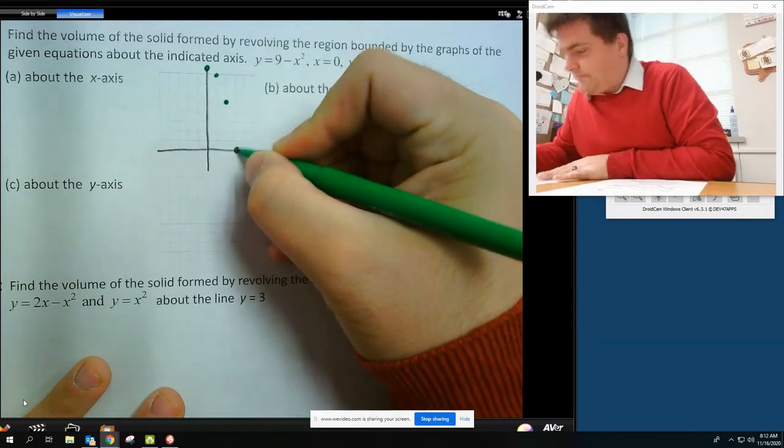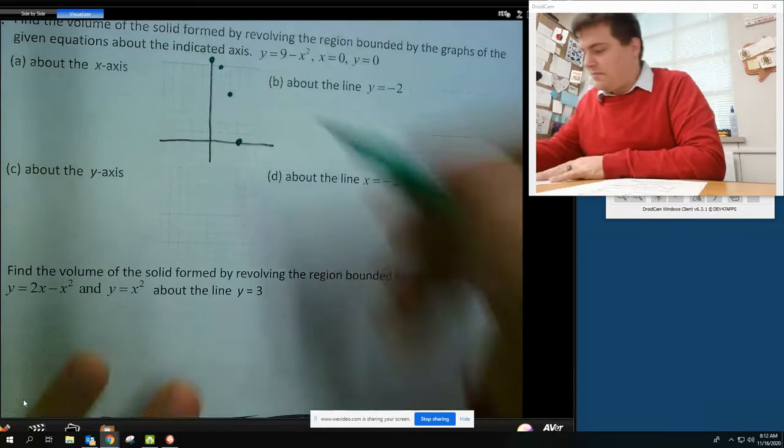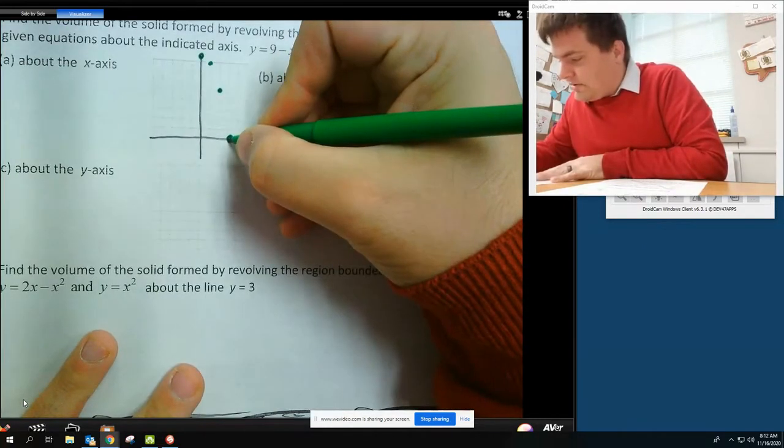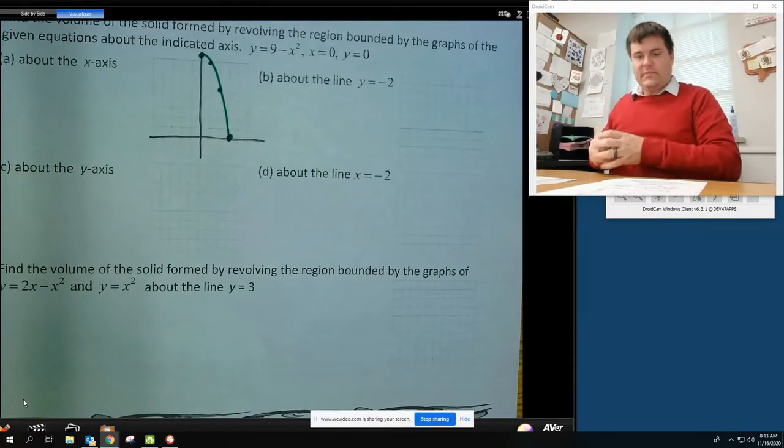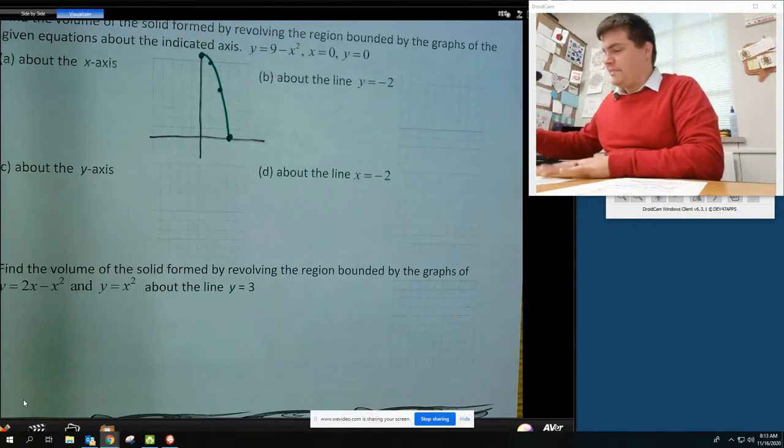It should be right here. Okay, so it looks something sort of like that. I don't know how well I did it counting here, but this is the function there in green. Okay, and we're going to rotate this about